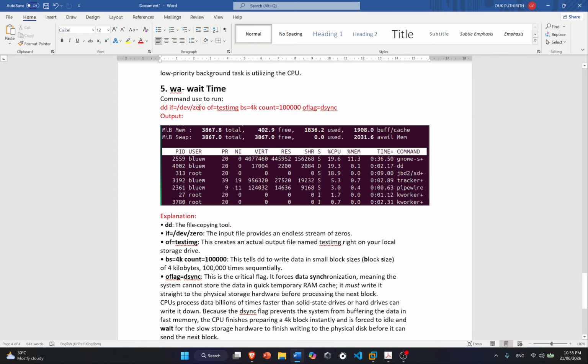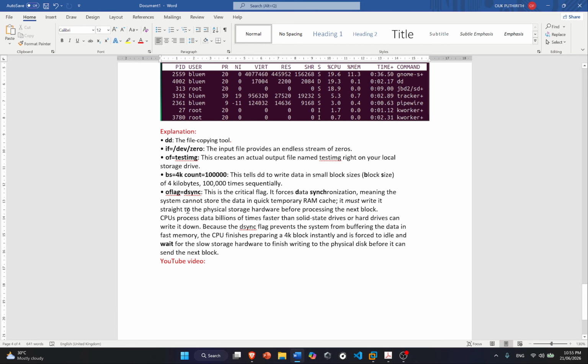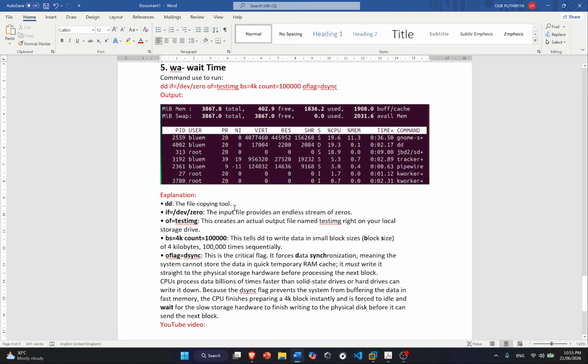Last but not least is the wait time. This is the command that we're going to use to run it, and this is the output. The dd is the same copying tool. The if equal /dev/zero here, the input file, provides a stream of zeros. The of equal test.img is to create an actual output file named test.img right on the local storage device. bs equal 4k, count equal